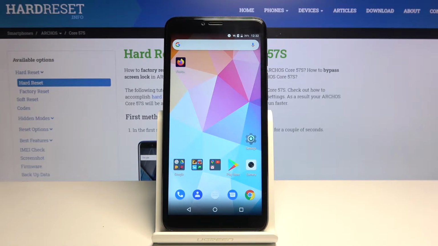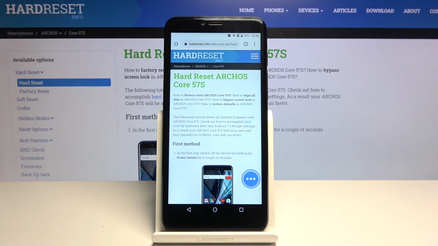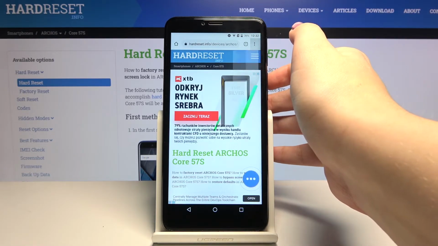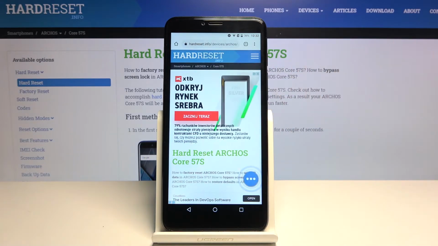Let me show you how to clear browsing data on this device. So first of all, we have to open our browser, so let's do this. In my case it will be Google Chrome, and here we have to tap on this three dots icon. Here we have to tap on the history,